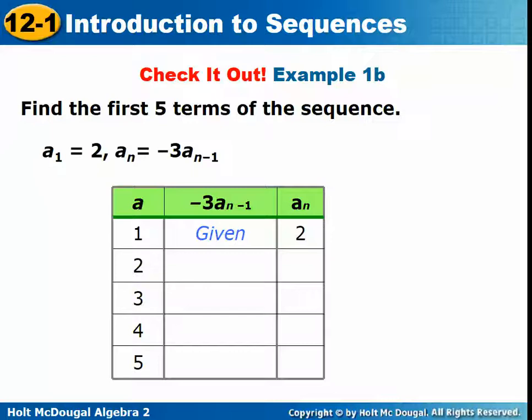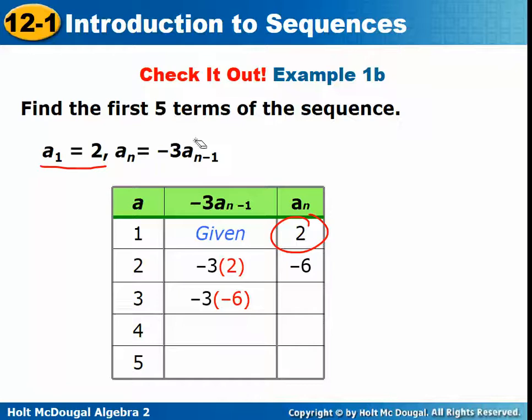Here's another example. First one is given, so don't try to use the formula for the first one. Just put that when n is 1, a sub n is 2, because they give you that. That goes here. Then we are going to start using the recursive formula that says you take -3 times the term before it. So the term before it is 2. So we take -3 times 2, which is -6. And then we use that to find the next term. So you take -3 times